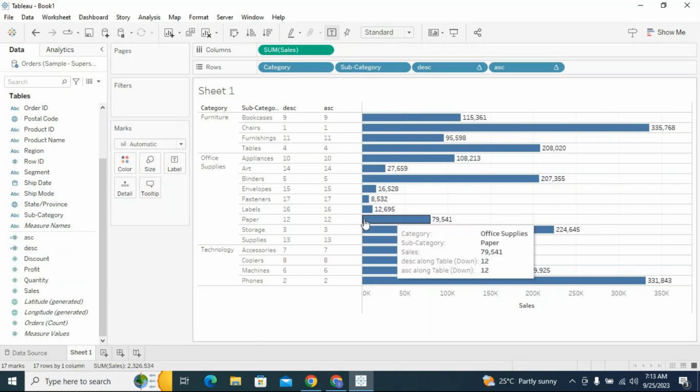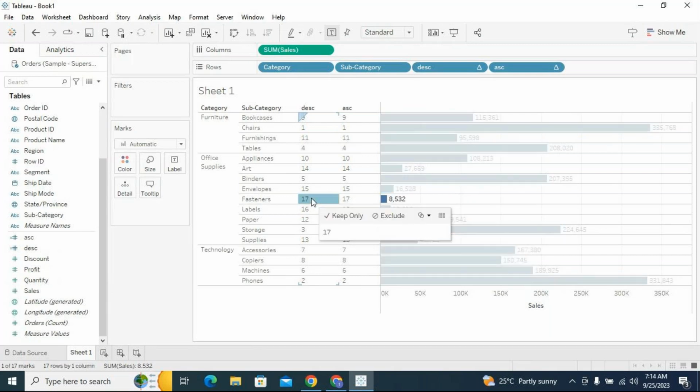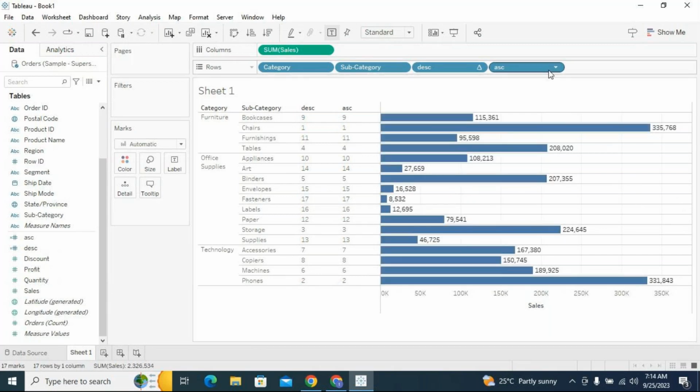So what was the requirement? I want to filter out top and bottom in a single sheet. Correct. So based on the rank dense in descending, I can give rank number 1 for the highest sale subcategory and rank number 17 for the least sale subcategory. Similarly, when I use ascending, it is assigning